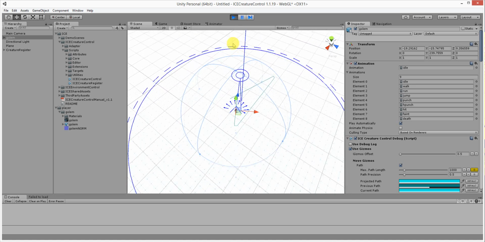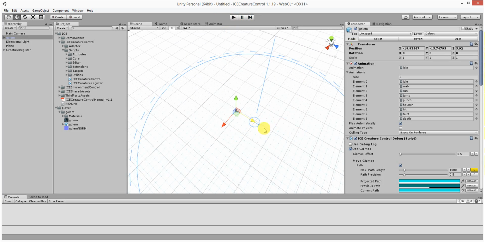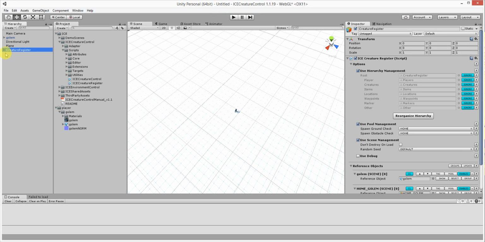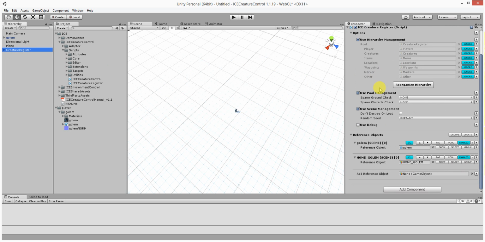Okay, now we have one creature, and now I want to show you how it works with the creature register. And now we can use the pool management. You can see here we have now the golem, our creature, and we have also the home of the golem. And the home of the golem is marked here as CR, and this makes a creature location. But the home is not interesting at the moment. We go here to the golem, press pool,